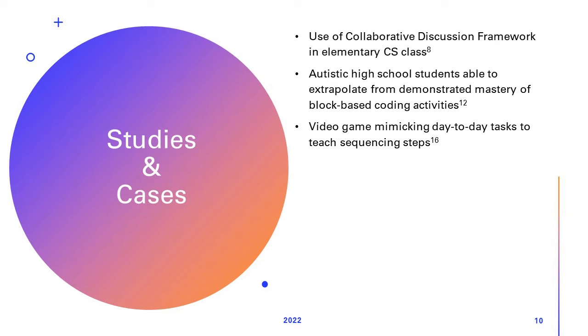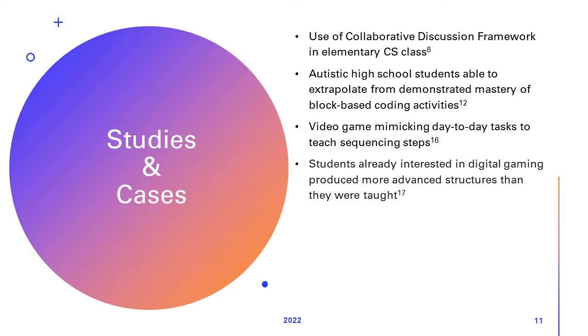programming steps. To examine the role of game design in teaching computer science to autistic students, one study involved 7 autistic males aged 11 through 15 who had an established interest in video games. Over the course of 5 3-hour sessions teaching block-based game design, a group of 7 autistic students produced far more advanced programming structures as compared to pre-study testing, even going so far as to add features to their creations that